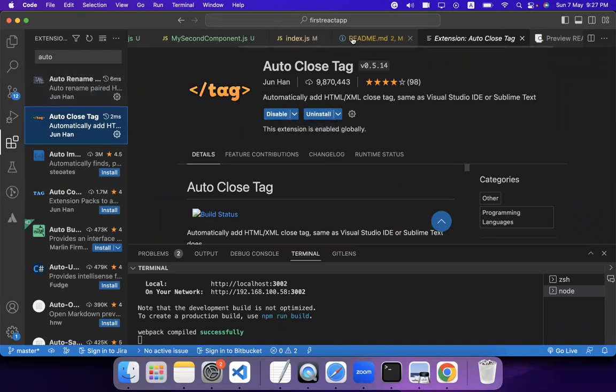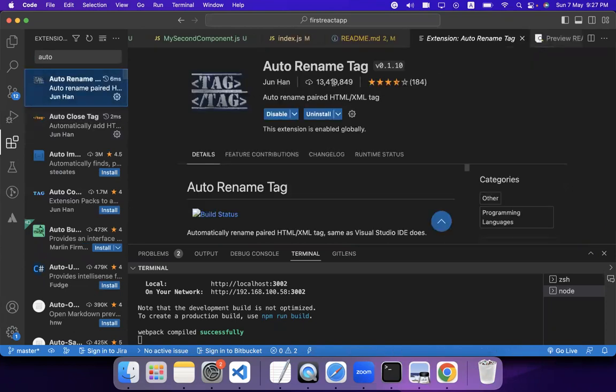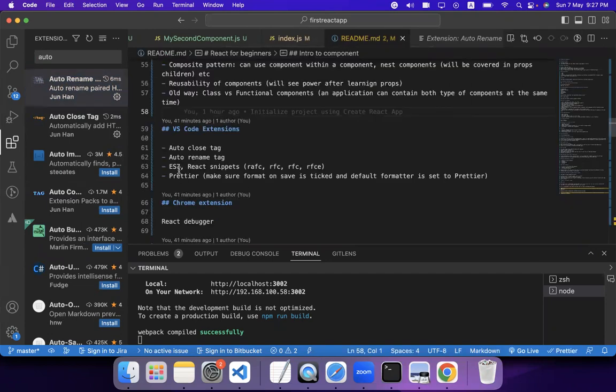I will tell you what it does over here, and then there is Auto Rename Tag. It's just showing me over here as well. It has 13 million downloads, so you will install that as well. And then there is the ES7 extension, which I showed you earlier. It's basically for creating